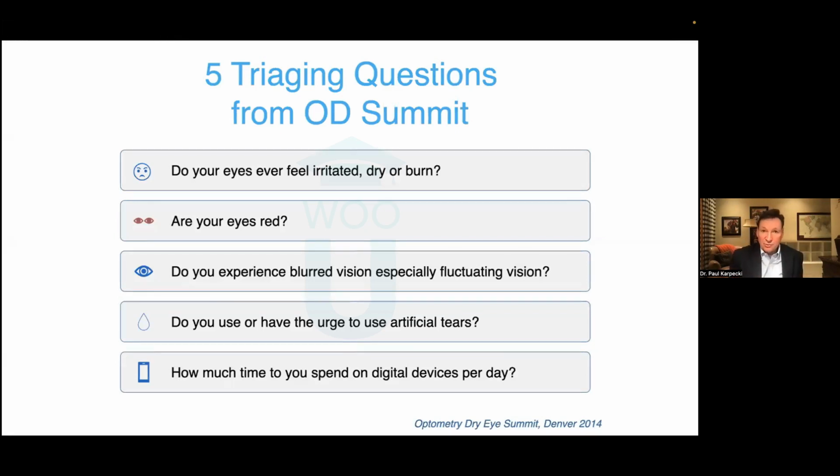Unfortunately, everybody spends way too much time on them. But at least it ties into the fact that digital device use and dry eye go together. So we're trying to assess the level of what you use. So those 5 are wonderful, but you will get a lot of patients if you start using those 5, especially at the front desk when they're taking the calls. That's when it'd be a great time to ask. And then you could flag those patients, but you will get a lot.